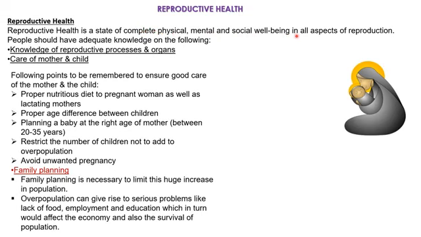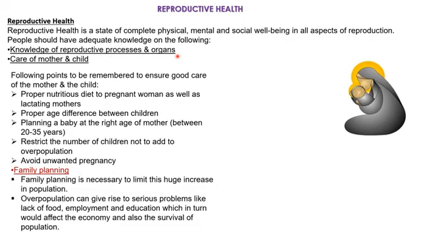So physically, mentally, and socially, parents are completely fit, and they can accept their child and bring them up in the best way. So people should have adequate knowledge of the following. The knowledge of reproductive process and organs. We should know that the reproductive organs start making gametes at the age of say 10 and 14 in female and male respectively,